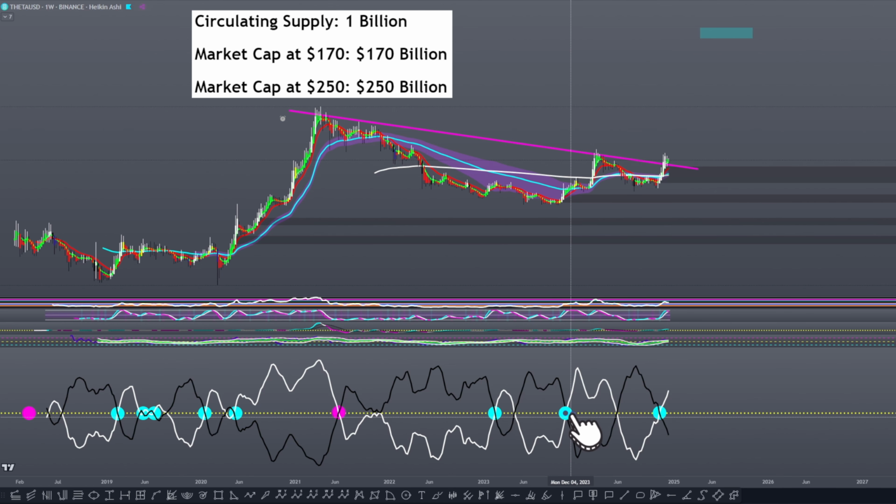So we have 1, 2, 3 here in November 2023. You would have been catching the first impulse here for theta. Should have anticipated it here. The price was going downwards, basically sideways, where the bullish sentiment was building upwards. So you would have been really ideally catching this entire run from around 60 cents up to around $3.15.